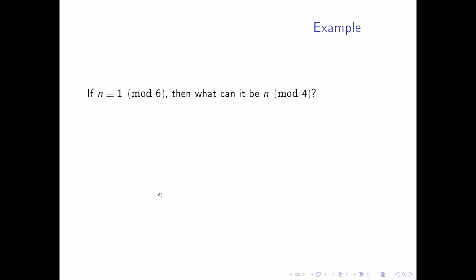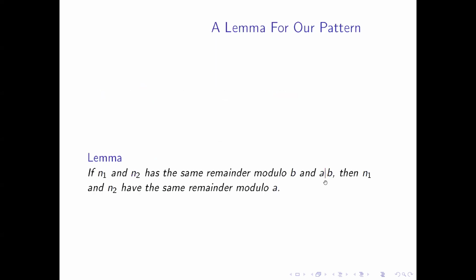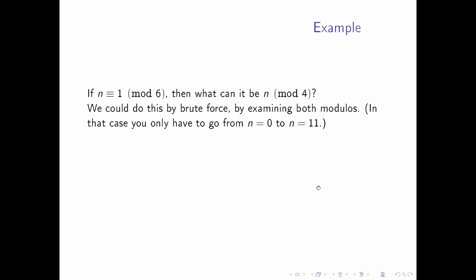Let's take 6 and 4. So let's suppose that n is congruent to 1 mod 6, and the question is, what can n be mod 4? Well, we can't use this lemma because, let's go back to the lemma, a has to divide b. Well, 4 does not divide 6. So this lemma doesn't seem to make sense, except